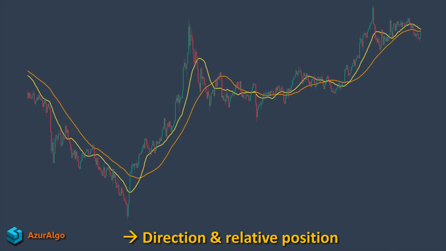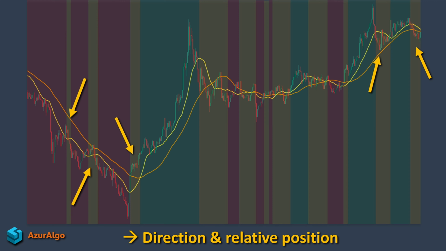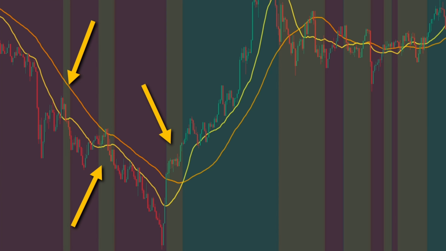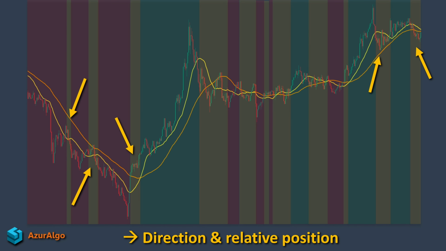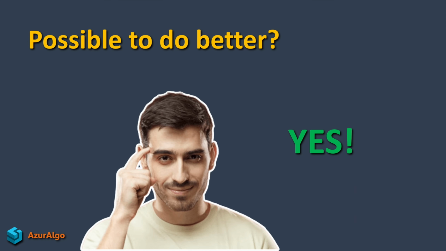Let's take a look at the results of this method. During strong trend retracements, the trend is potentially changing, which is detected in yellow. These are moments where we could wait for confirmation before taking a trend following trade, so as to avoid being trapped by a trend change. Whereas this long period of indecision is not only, but mostly classified as a neutral zone. Is it possible to do better? The answer is yes, and that we'll see in the next episode.